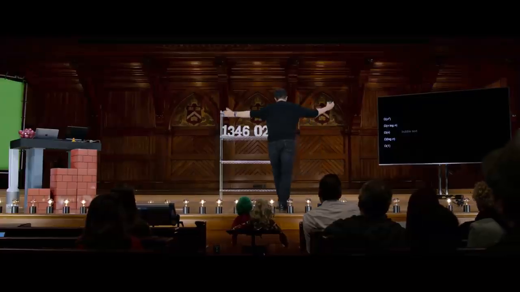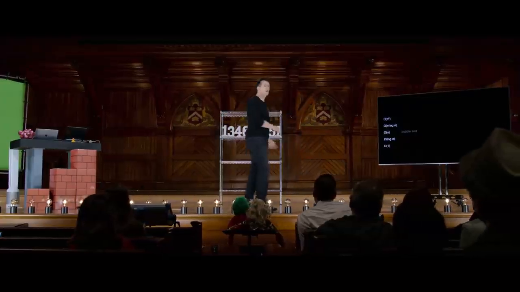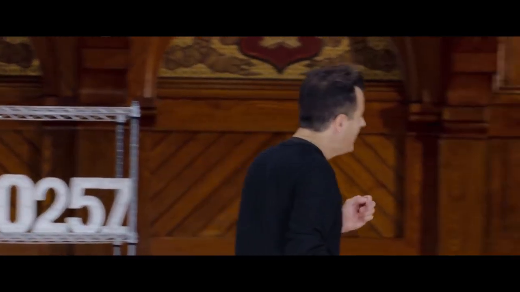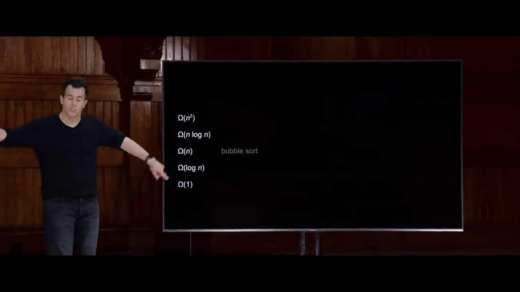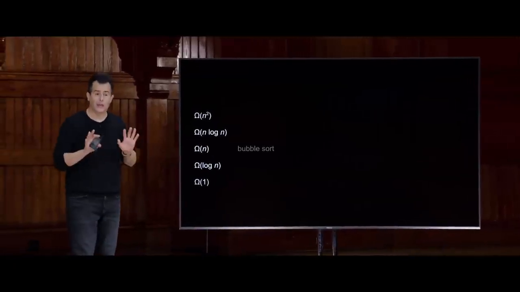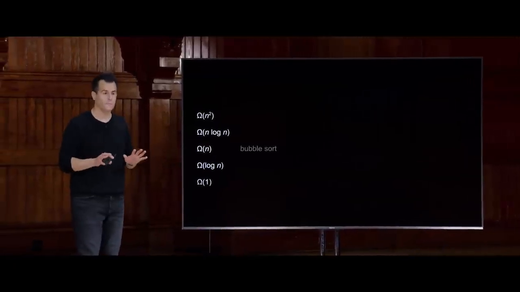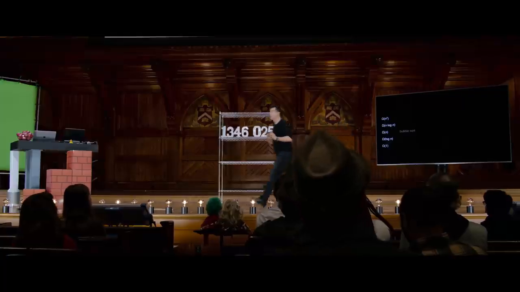Like if you're looking at 8 elements, let alone n elements, there is no way logically to take one step and conclude that all n elements are sorted. That makes no sense. But it is indeed an omega of n because you just need one pass to conclude that everything is indeed in order. So it seems that bubble sort is actually a little bit better.